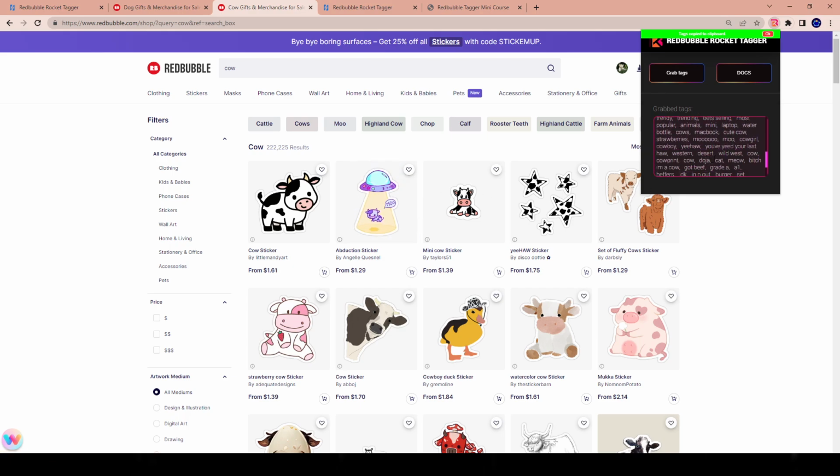We have cows, mini animals, farm, just a whole bunch of different keywords: I'm a cow, cow lover, In-N-Out burger. These are all keywords or tags related to this specific niche. Now, once again, there are over 222,000 results. This tool will essentially go through all the data and figure out what is deemed the most relevant